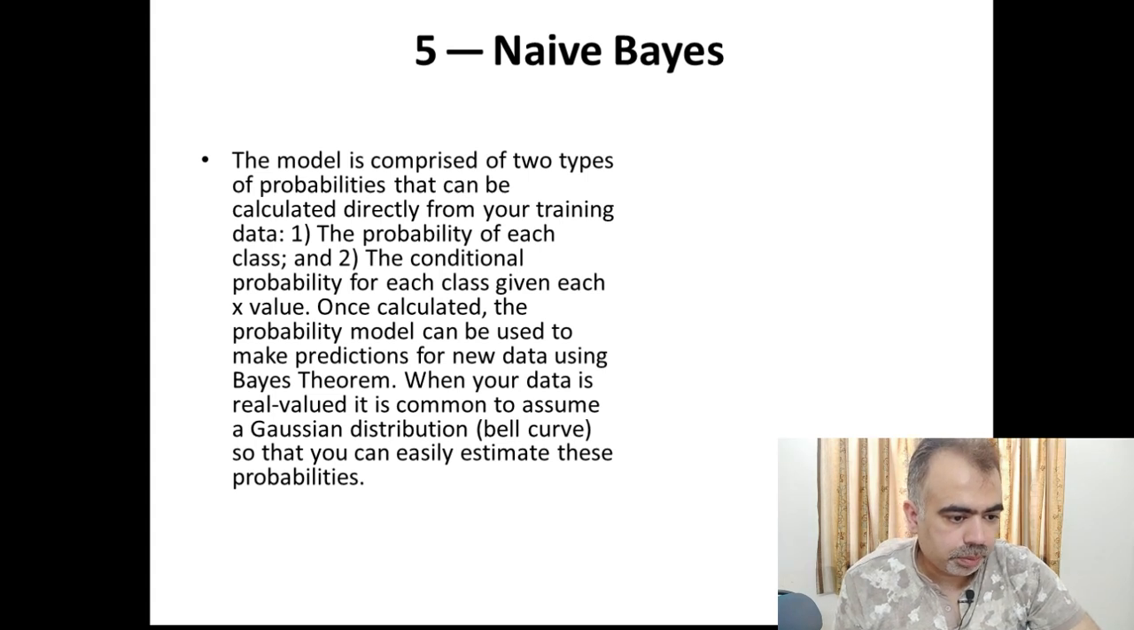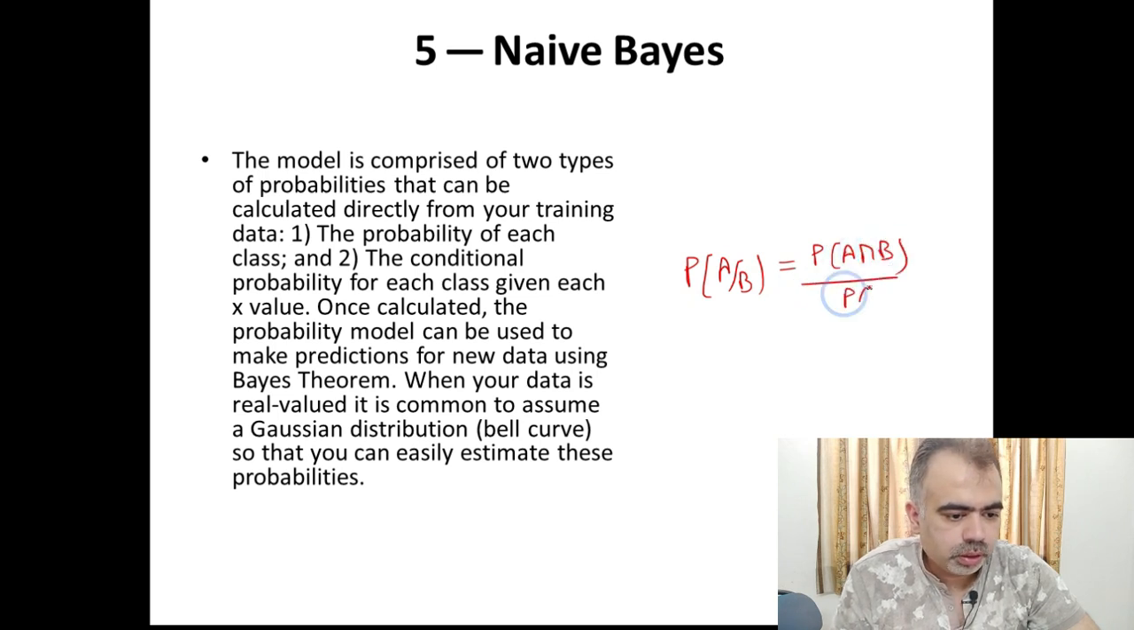To handle the multiple complexity, like I already told you, if this is the conditional probability, that is P of A intersection B upon P of B. So this is the conditional probability that we are calculating. But in naive Bayes we have to use the Bayes theorem, which is based upon the multiple